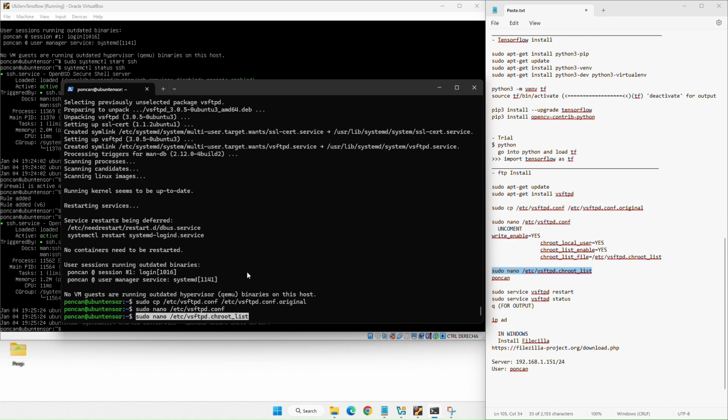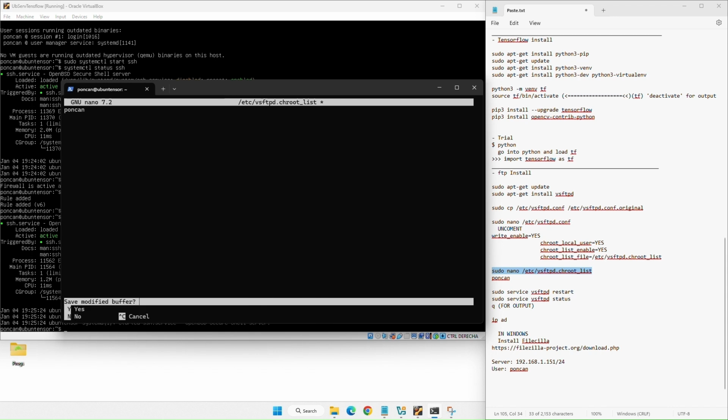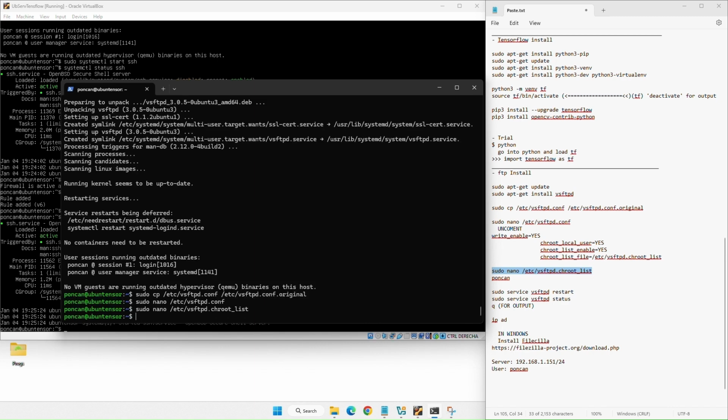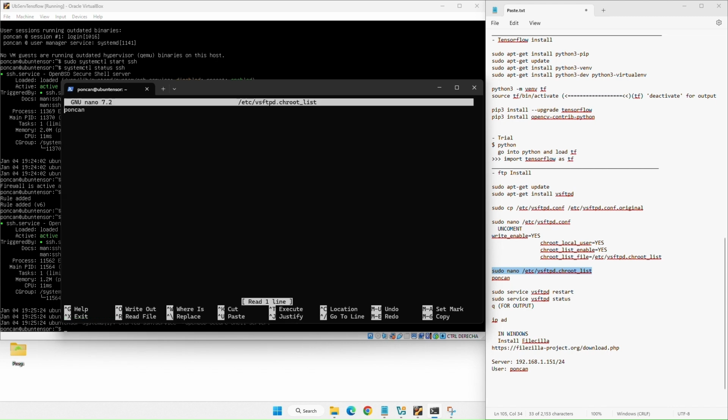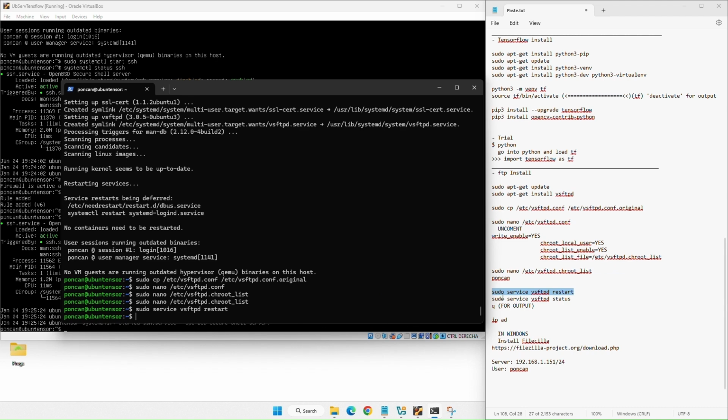We create a new file with the username inside. FTP server, we reboot.